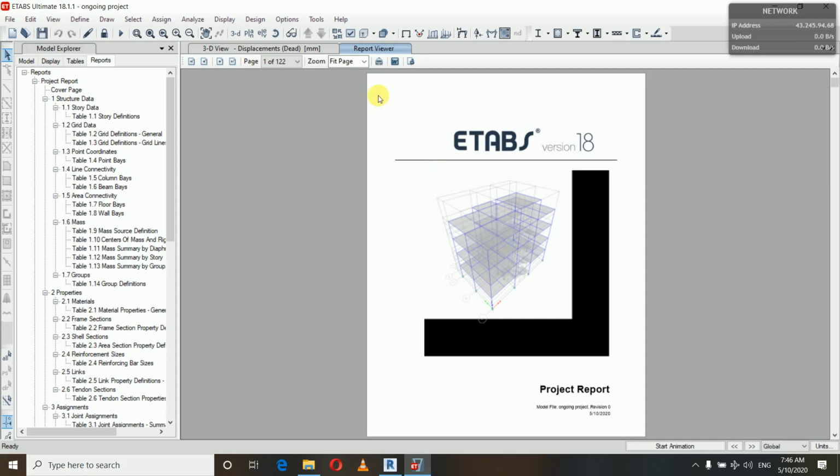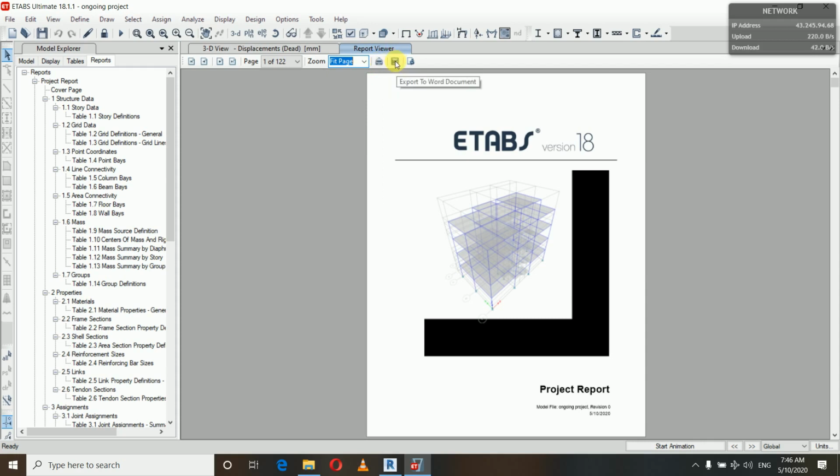And here at the top of your report viewer window you can find some options. Go to the first page, go to the previous page, go to the next page, go to the last page, and here you can see which page you are viewing out of how many pages. So this is how you can zoom your page. You can select from here fit page, or what percentage of that particular page you want to view on your screen. And here you have the print report option. From here you can print your report from ETABS,